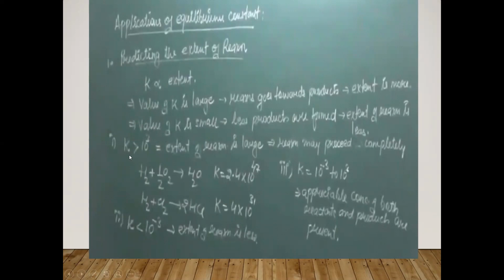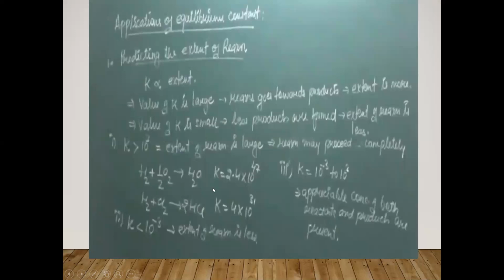Means if the value of K is more than 10 to the power 3, we will say that the extent is more, means the extent of reaction is large and the reaction may proceed completely. Clear? If the value of K is less than 10 to the power minus 3, it means the extent of reaction is very less. मतलब जैसे ही reaction start हुआ थोड़ी ही देर में equilibrium आ गया. Clear? इसका मतलब ये है, for example, we are having this reaction, hydrogen plus oxygen forming water,